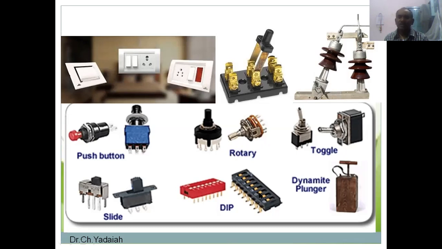This is an IC based base. It is connected, and there is a dynamic plunger. This is used in the motor and DC generator, and generally where we blow up rocks, in dynamite blasting. We are using this type of dynamic sensor. That means this is one device, also a controlling device. So all of these are controlling devices for the load.